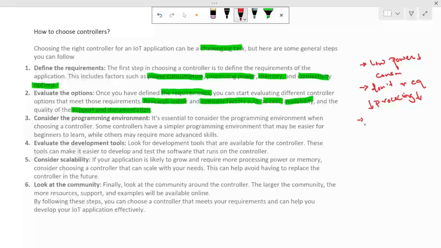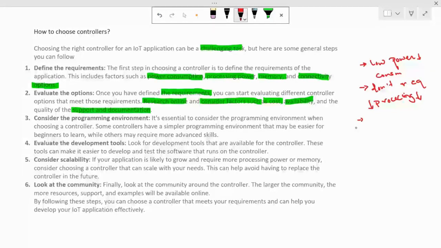How will you decide? Again, you will see the cost. You will see in microcontroller only processing power differs. Like ESP32 have more processing power than Arduino Uno. So you will again decide using different factors like cost, availability, and support and documentation. Some of the controllers do have poor documentation and poor support. So you need to consider all these factors while deciding the controllers for your project.